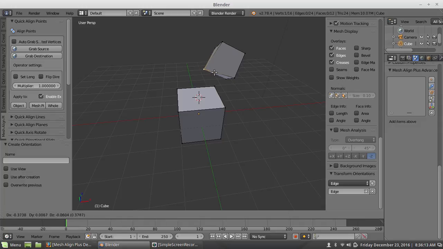Right now it's moving freely, but if I confine it to an axis, that's a global, but hit it a second time, and now all of a sudden it's along that edge. So I can move it along the edge using custom transforms and lock it in that direction. But where it fails is when you turn on snapping